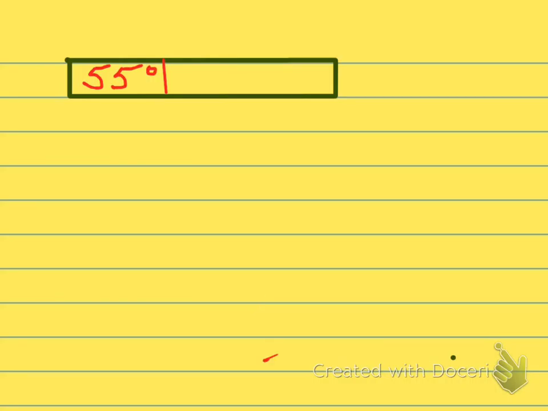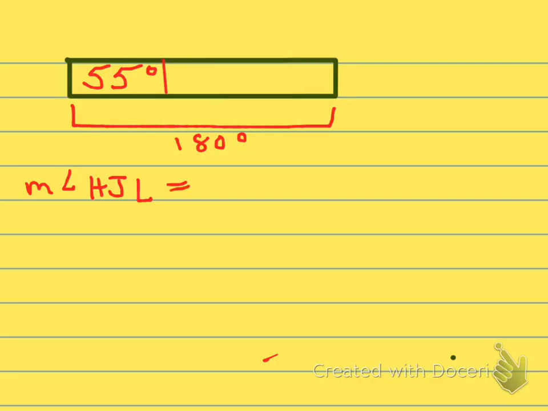Back again. I know one of my angles is 55 degrees. What I need to find out is what the other angle is if I know my straight edge is going to be 180 degrees. That's my HJK. So what I'm going to do is take the measurement of angle HJL, which is equal to the measurement of angle HJK